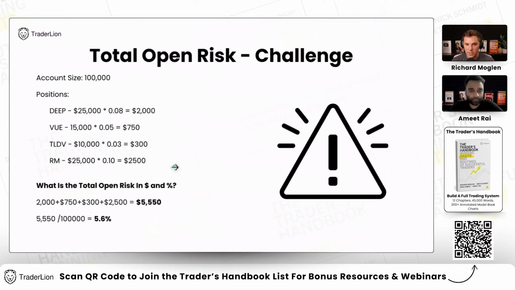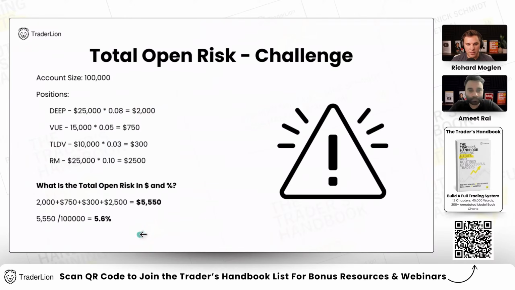This is the simple way to keep your risk in check and recognize: are we in a corrective environment under the 200 SMA and under the 21 EMA, where I want to be risking a whole lot less than this? Or are we in a strong market environment where this is an okay amount, or I even want to increase my risk, maybe take up another position and get more invested?